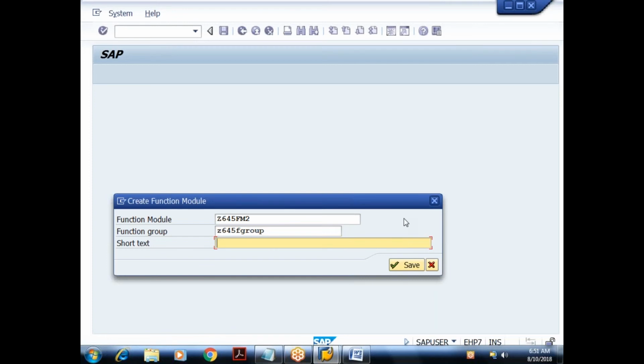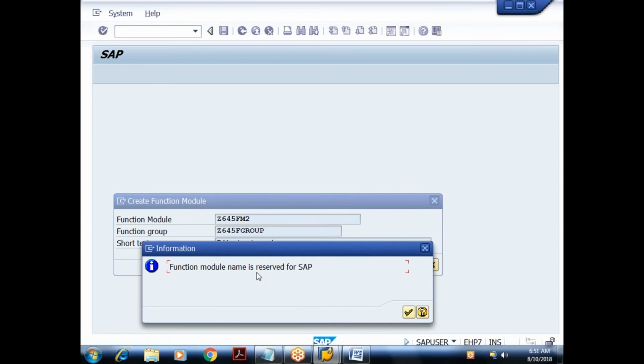And short text, I'll give some description like function module returning values. Save it. It is reserved for SAP, which means I cannot create one more function module with the same name. Once a function module is created, it is available throughout this particular SAP server. So it is unique.